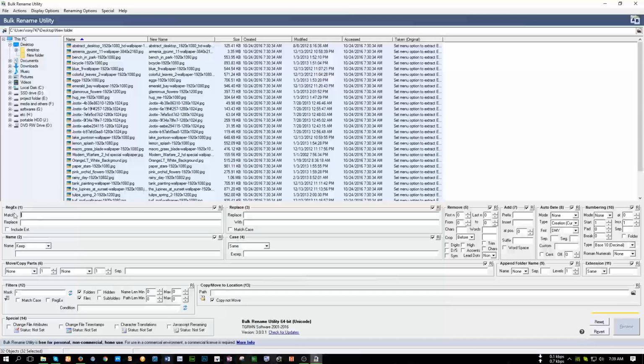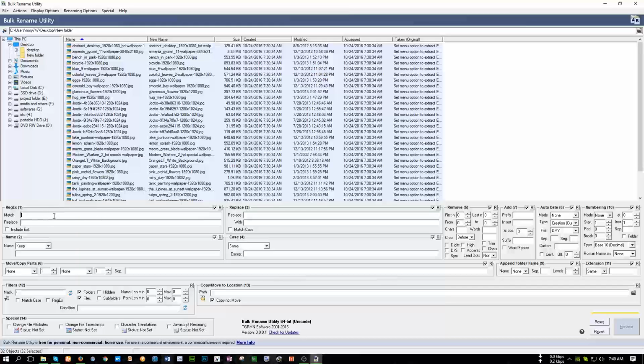So it will rename the whole file name based on your text. If I search for Jutix, and it finds the Jutix word in the file name, it will replace the whole file name